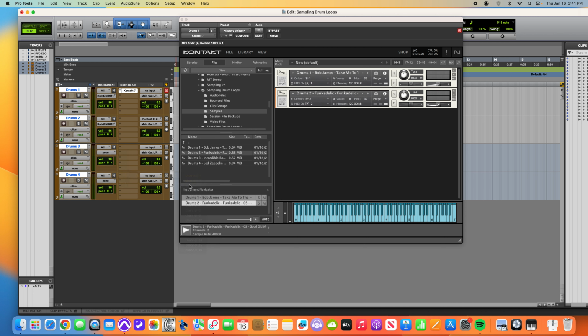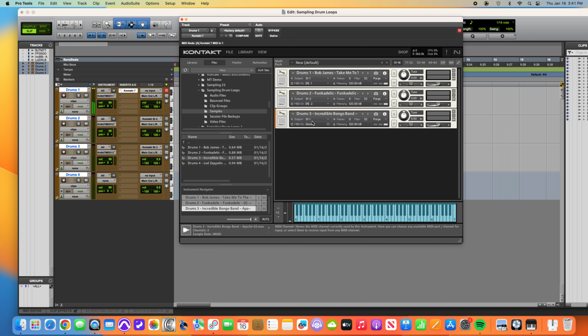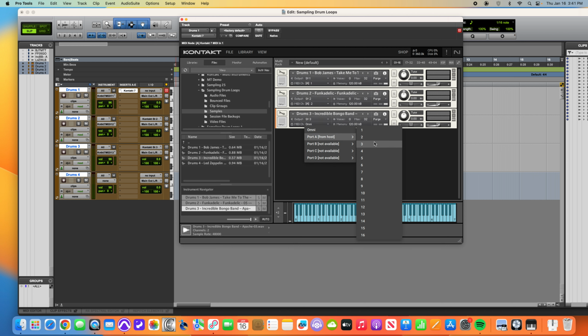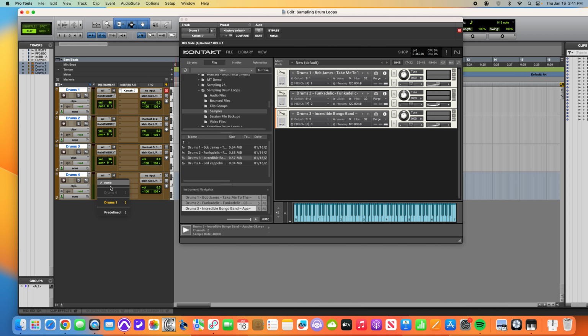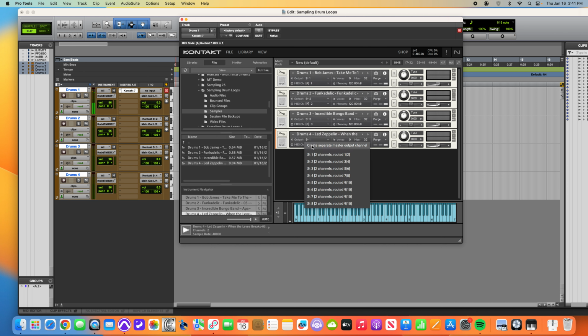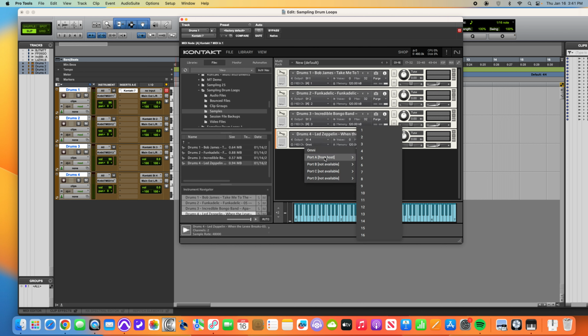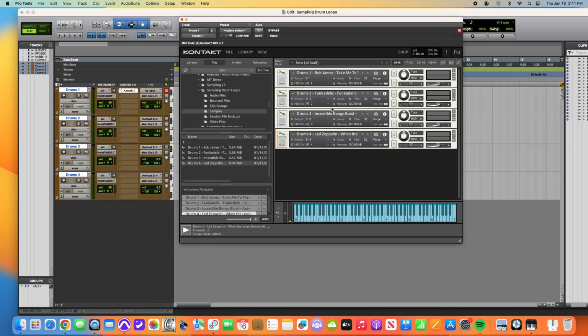Drums 3. Plug in 3. I didn't even make a third one yet though. Stereo output 3. Omni becomes port A number 3. Drums 1. Well, drums 4, I should say. Plug in 4. And Led Zeppelin. 4 and port A number 4. Okay, so